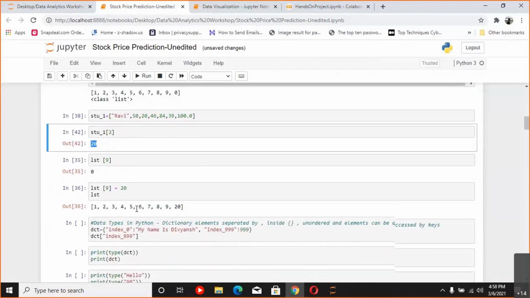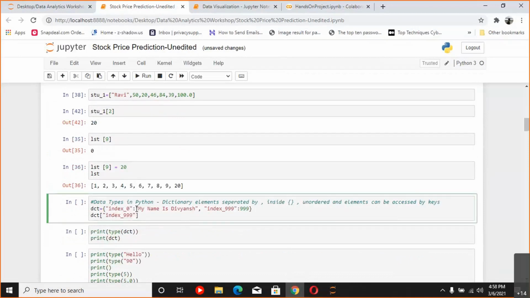For that, there's a better data type named dictionary. So what is a dictionary? Firstly, a dictionary is declared under curly braces and all the elements are separated by commas, same as a list, but it is not accessed by indexes. A list was accessed by indexes. It is accessed by keys. So you can see this is a dictionary.